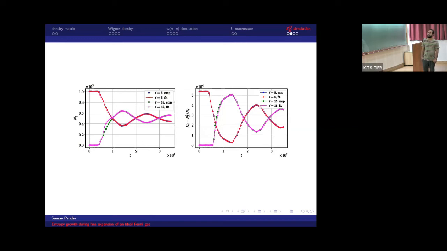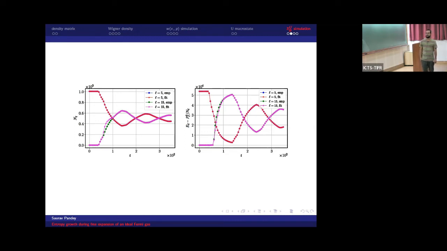So what I do is, as I said, we divide the circle into 20 cells. We take symmetrically located cells, let's say the 5th cell and the 15th cell. The 5th one is initially occupied, because initially, from 1 to 10, in half of the circle, we had the gas in equilibrium, and the 15th one was initially empty. So you can see they are symmetrically located, and we look at this over time for these two particular cells. Except for the cell which was initially empty, during the initial time, it matches well overall.